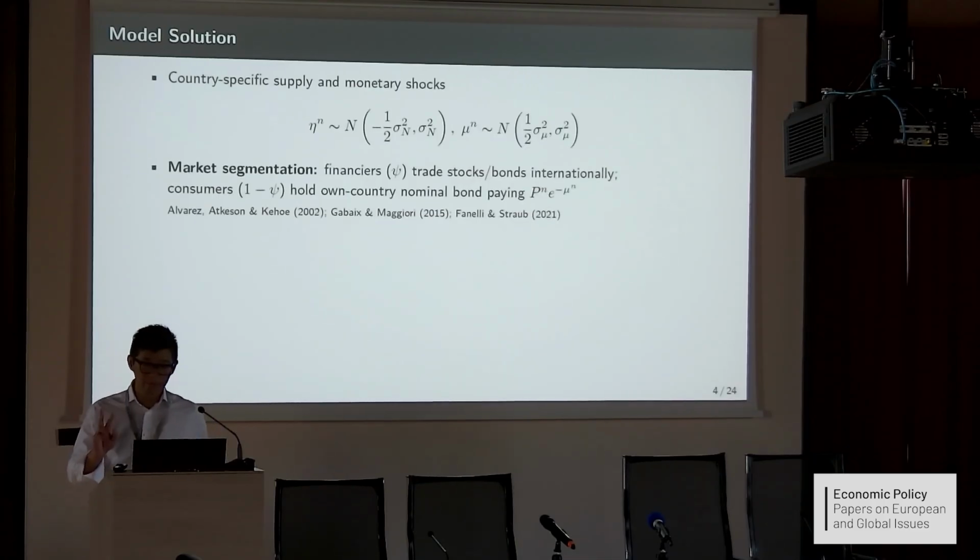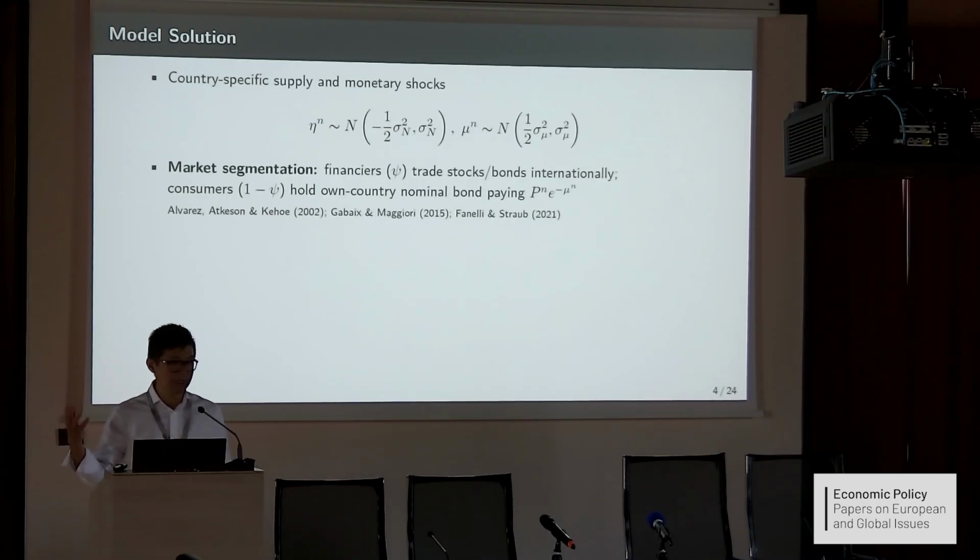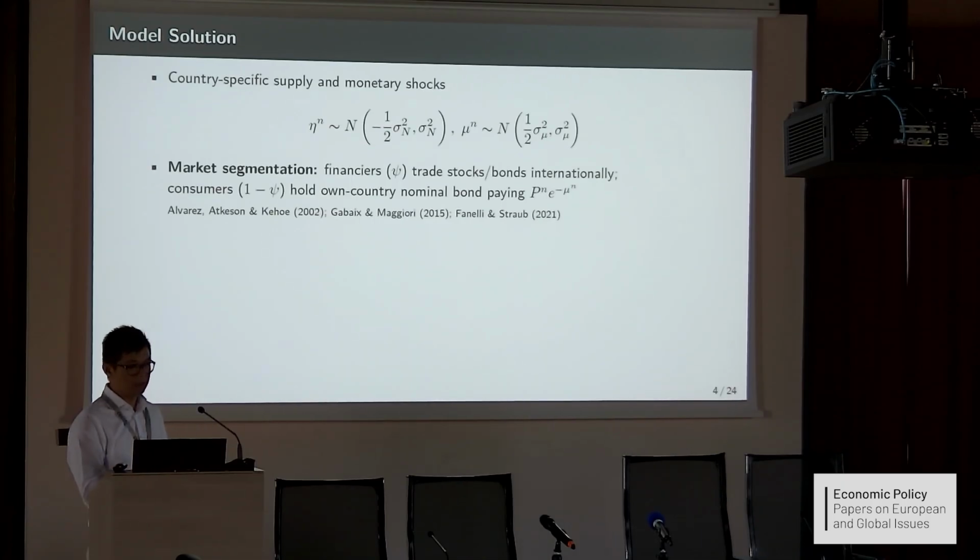The state of the economy in the second period can be described by 2 shocks. One is the productivity shock we showed on the previous slide, used in the production of the non-traded good. The other is a monetary shock, mu. You can think of this as a kind of inflation shock. How does it work? Households in each country are split into 2 portions: the financiers with measure psi, and consumers with measure 1 minus psi. The consumers take all their wealth in the first period and give it to the financiers. The financiers invest it into stocks and bonds, and in the second period they give some of that wealth back to the consumers.